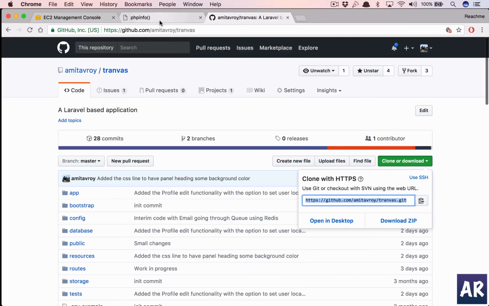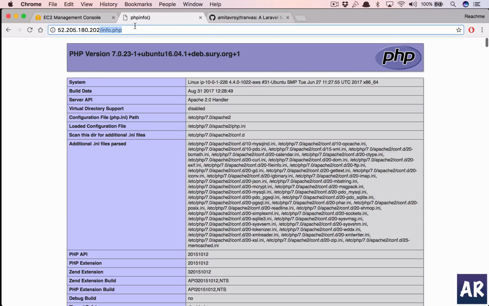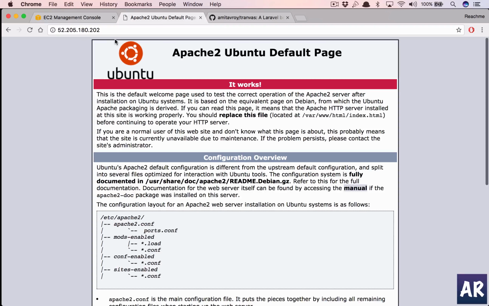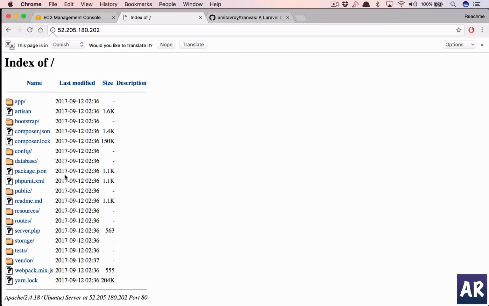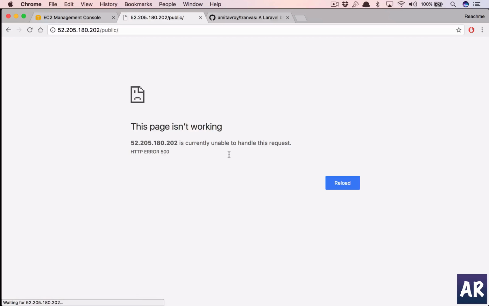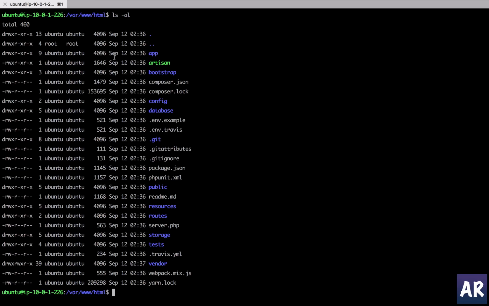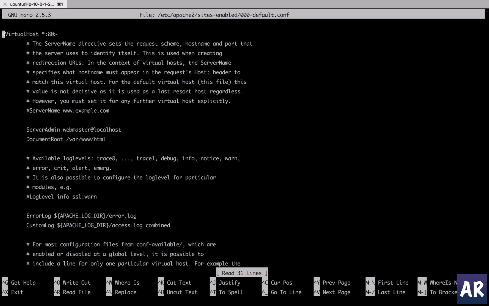Now we have a problem. If I go to this URL, that's strange. It still shows the, yeah, that was getting cached. Now this is where my URL will be running, right? Which is /public. I don't want that. So why don't we quickly do sudo nano /etc/apache2/sites-enabled, and then the file in here,